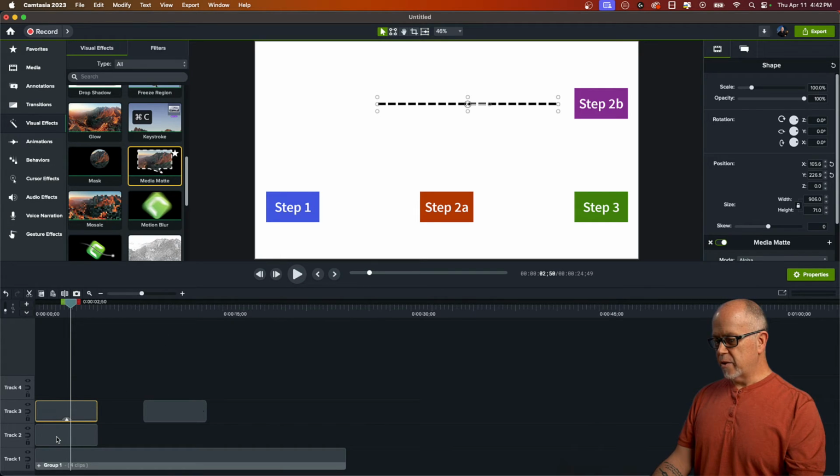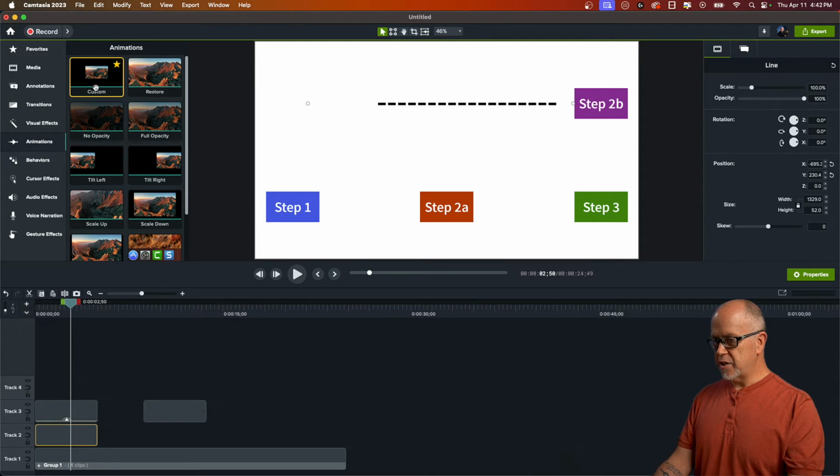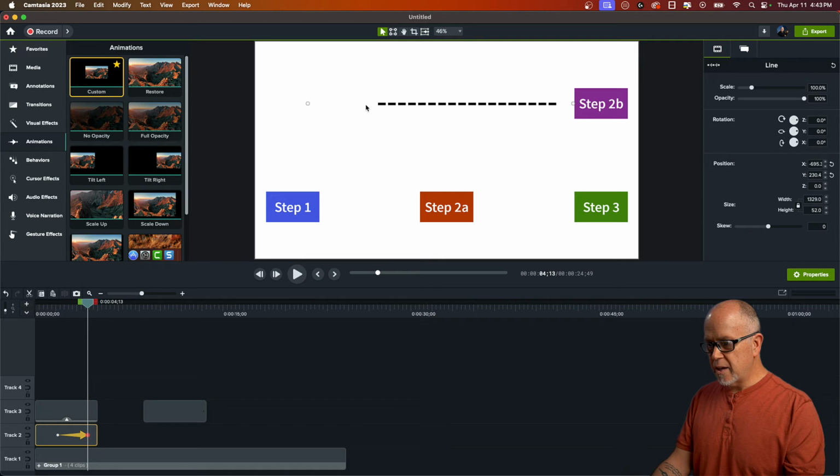Okay, now let's go back and select the line, and now what I want to do is add animation to it, okay? So let's go up to Animations and drag a custom animation down on our line, right here, okay? Now on the right side of the arrow, the animation arrow, that is our ending properties. So with the playhead at that location, let's go up and click the line,